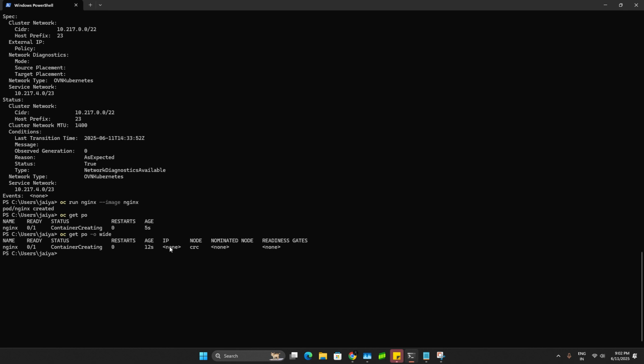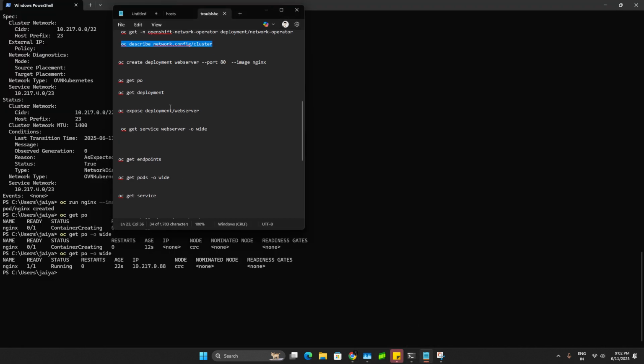It's creating. It still didn't get any IP because it's still in the creating process. Once it's created, it will get an IP from the 10.217.0 subnet, right? So what we see in the 0 subnet, it got from the cluster network. Then we will create the service.